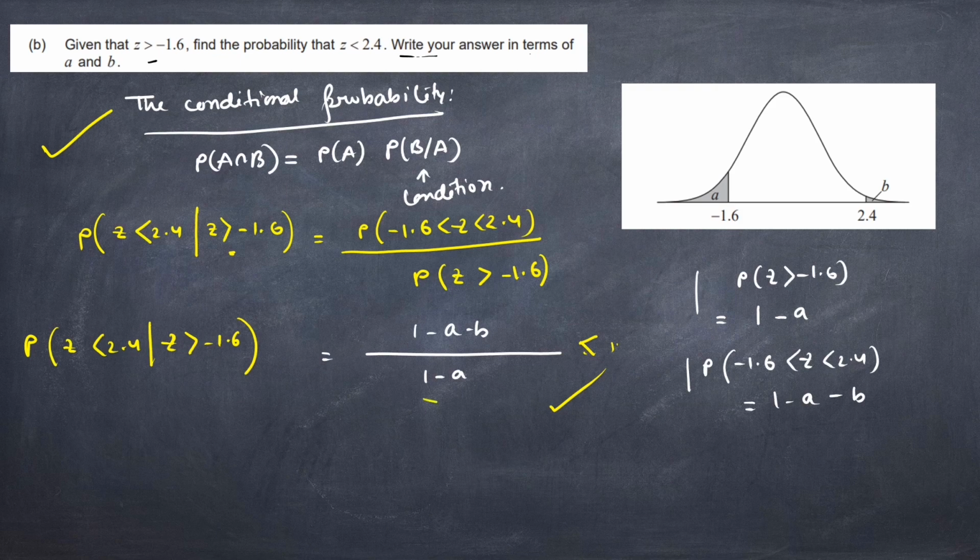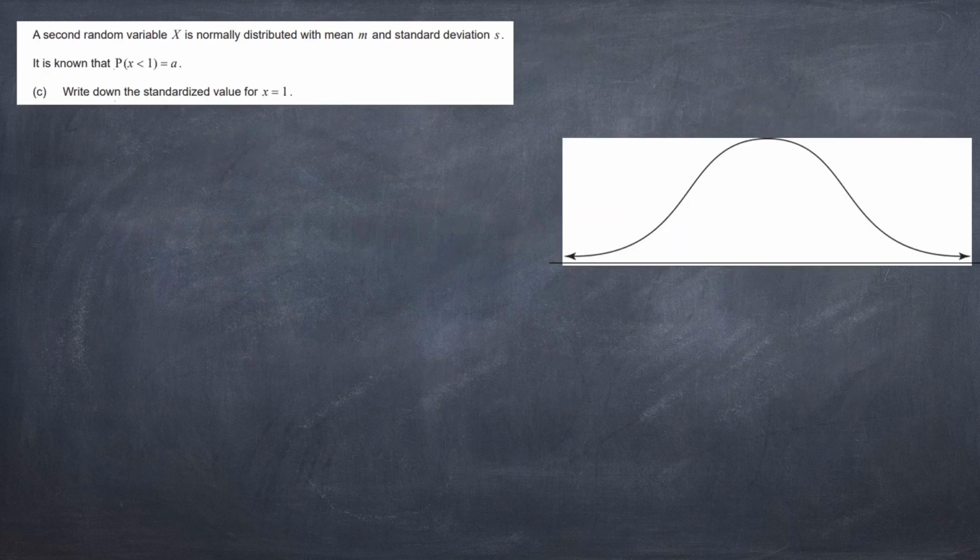So if 1 minus A is holding some value, again we are deducting some amount from that 1 minus A. So obviously it is less than 1, or it can be equal to 1 if the part B is 0. Now from the image you can see B is not 0, so ultimately it is less than 1. So that's why the probability is satisfied. In examination you can also check whether your answer is correct or not by this particular method. So we will now move towards the third question.